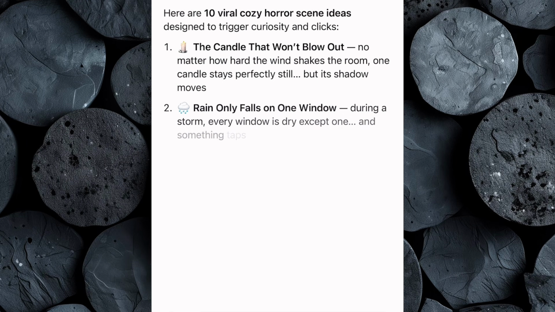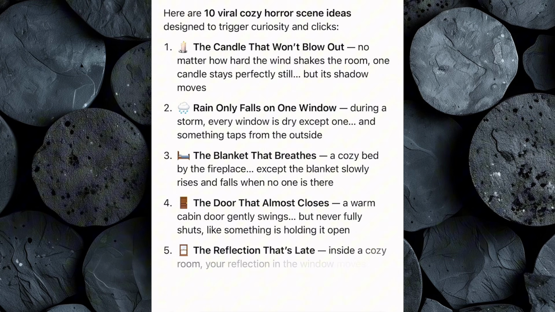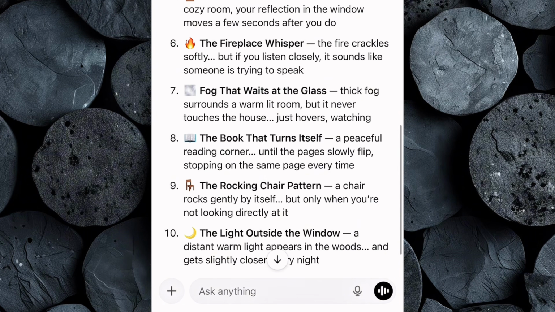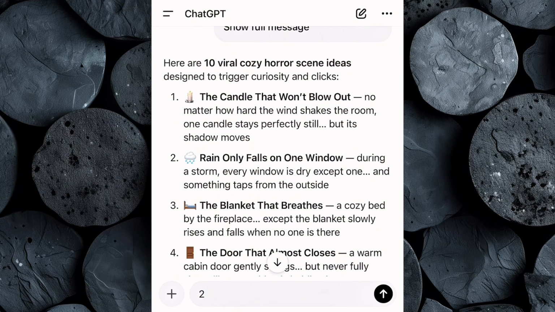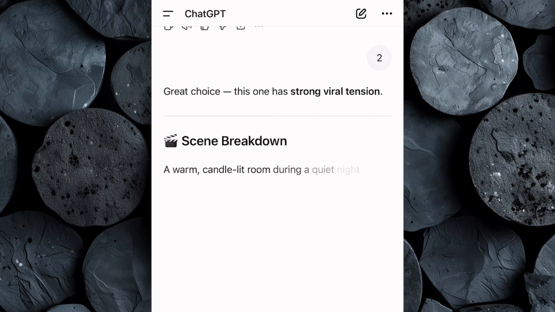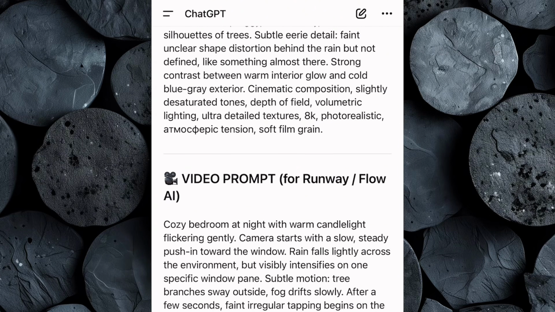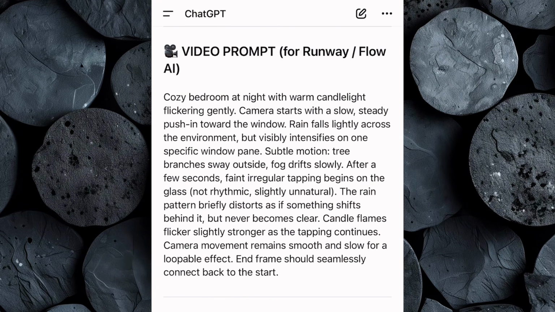Within seconds, the AI will generate multiple viral cozy horror video ideas you can choose from. You can either pick one of those ideas or type in your own custom concept. Once you've decided, hit enter again. And just like that, the AI will generate high-quality image prompts for your scene. It will also create a detailed video prompt, which you'll use later to animate your visuals and turn them into